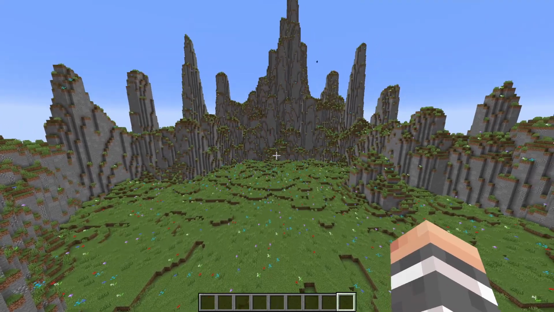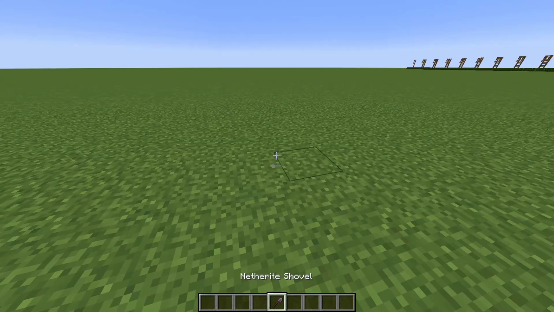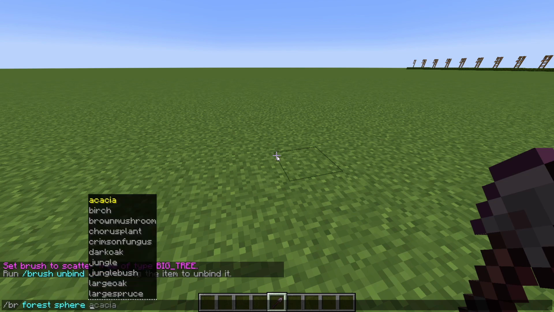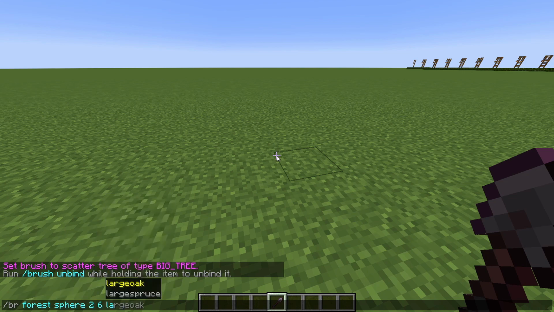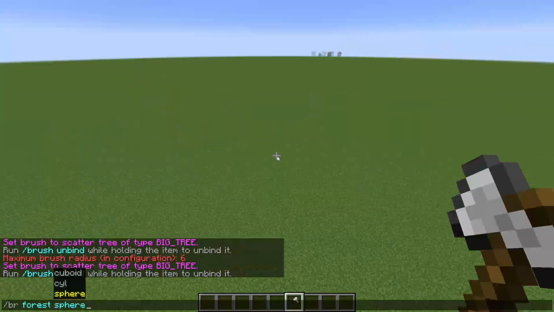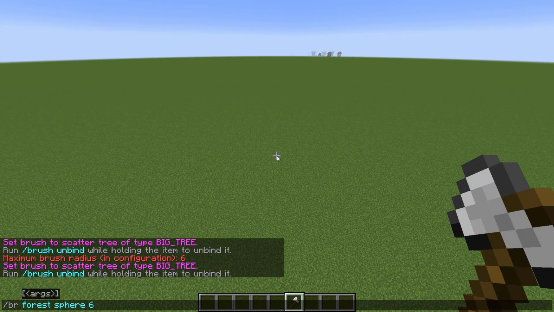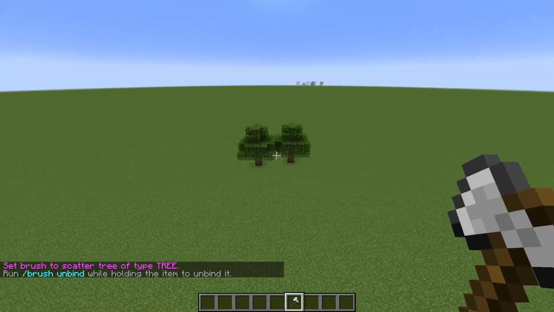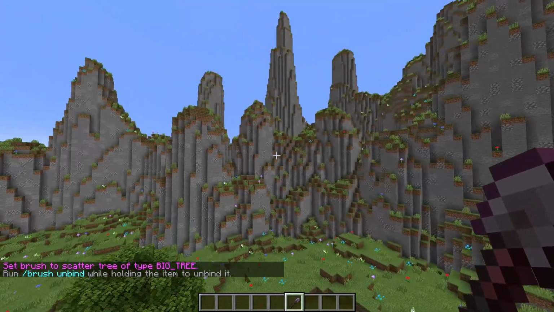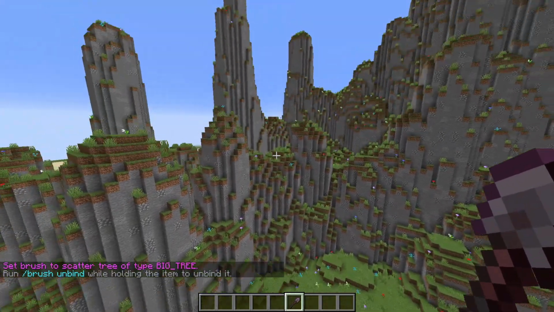You can do it the easy way and not so good way, like this. Get a new tool, brush, forest, then the shape, then the size, then the density, and then the type of tree you want. And you can mess with the radius and the density to create more trees at once. Yeah, they don't look so good and you can't even undo it, so I recommend doing it the hard way,